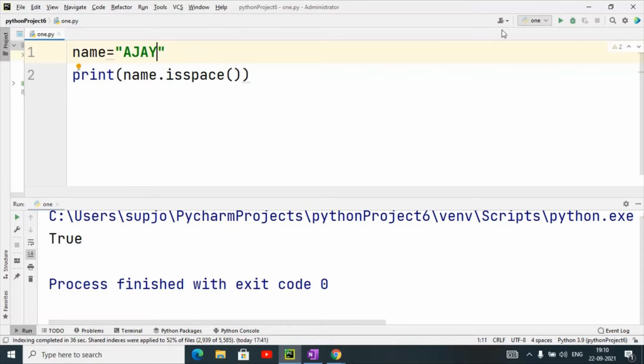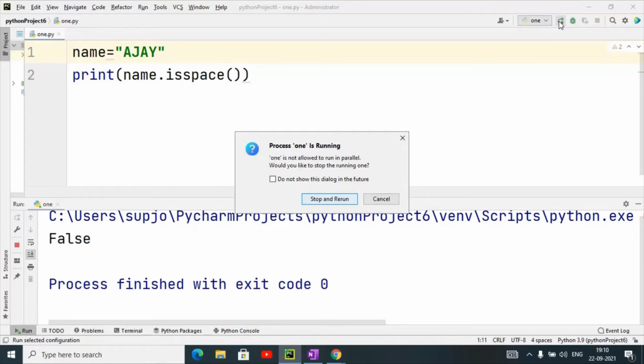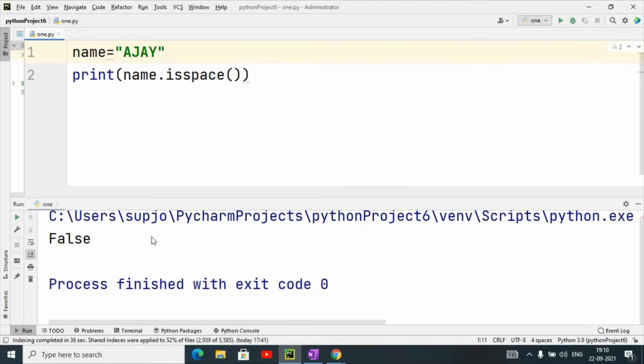Here it will return false because all the characters in the string are not spaces. For example, suppose I have given a string like that, so in this case all characters in the string are blank spaces, so it will return true value. So the isspace method is used to check the spaces in the string.